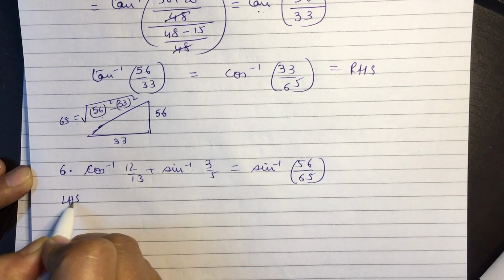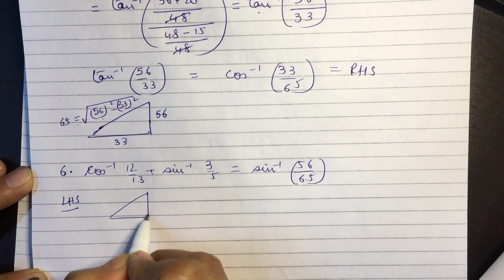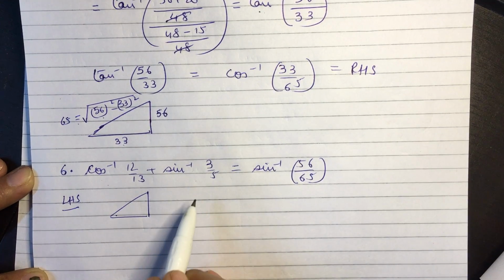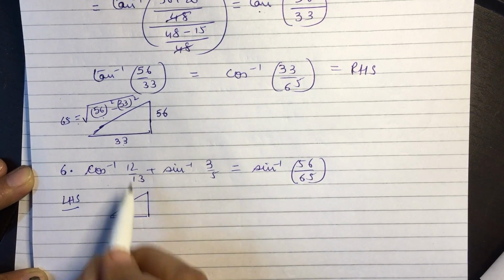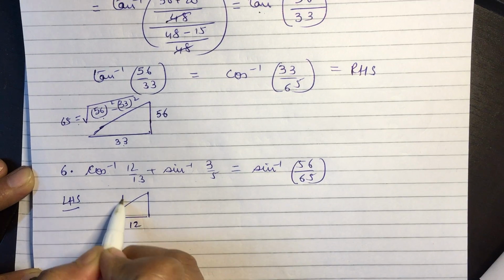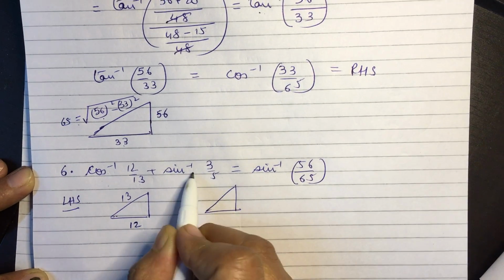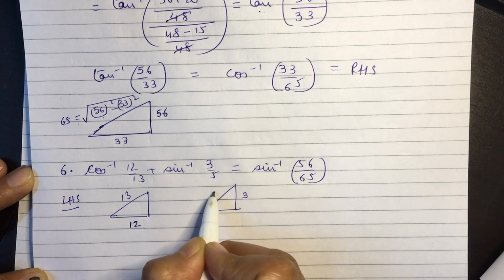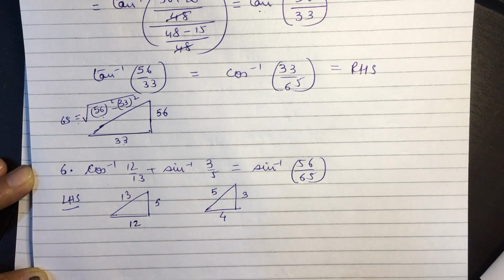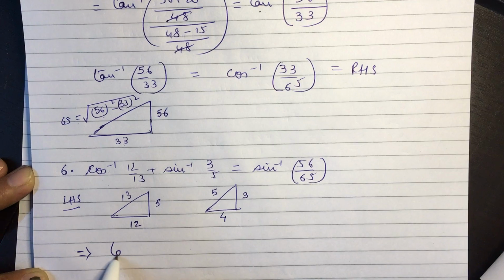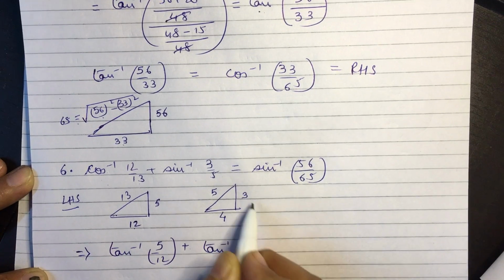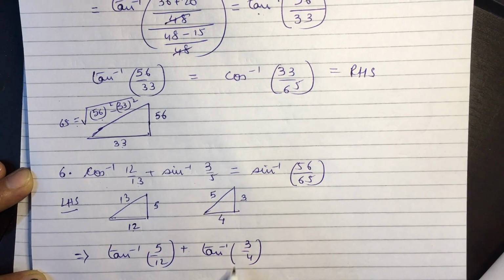So the left hand side is, here you have to be careful where we are using a cos inverse and where we are using a sin inverse, and accordingly we function. Here there is a cos inverse function, so base upon hypotenuse, and here there is a sin inverse function, so opposite side upon hypotenuse. So the third side becomes 5 here, and here the third side becomes 4. This gets converted to tan inverse 5 by 12 plus tan inverse 3 by 4,